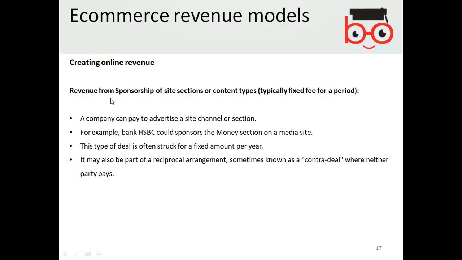Revenue from sponsorship of site sections or content types, typically a fixed fee for a period. So normally you can sell a portion of your website to anyone, like any bank or any typical firm, and then you will have a portion where you display their content and their advertisement.